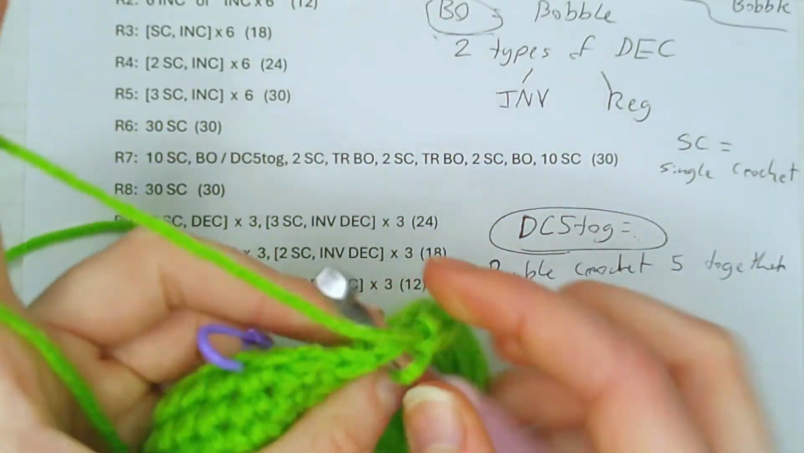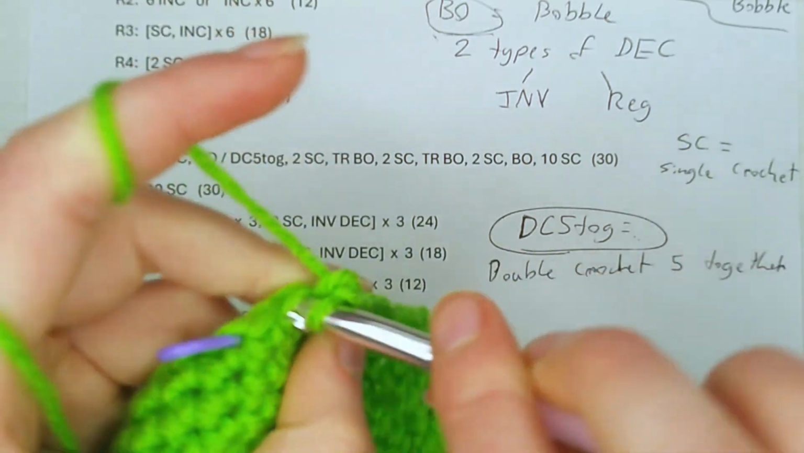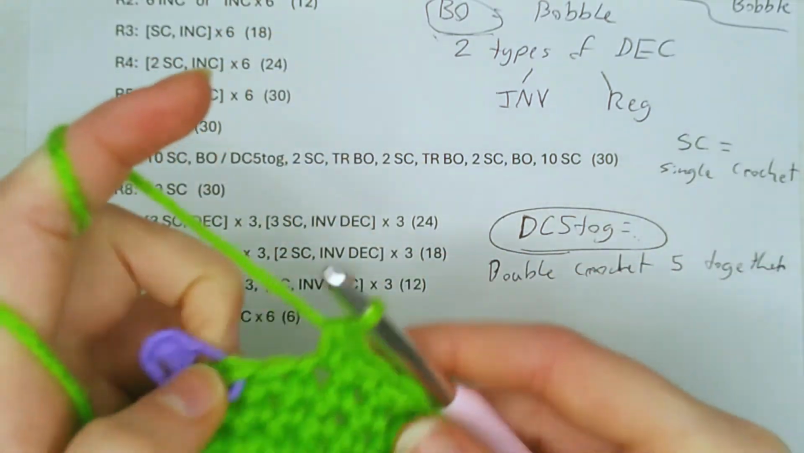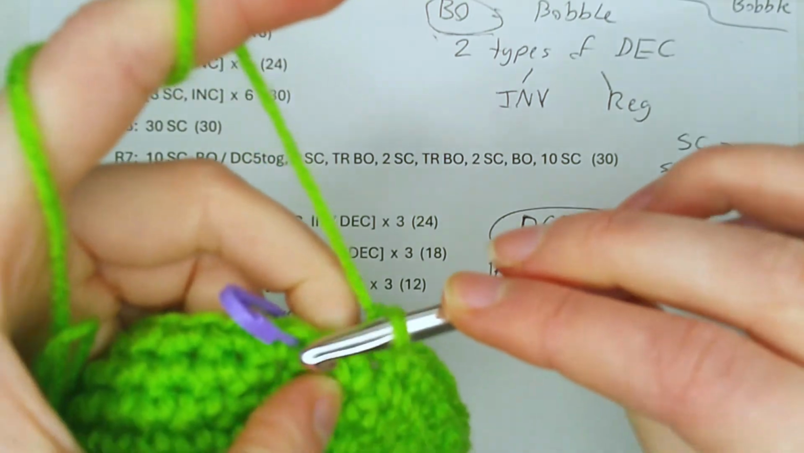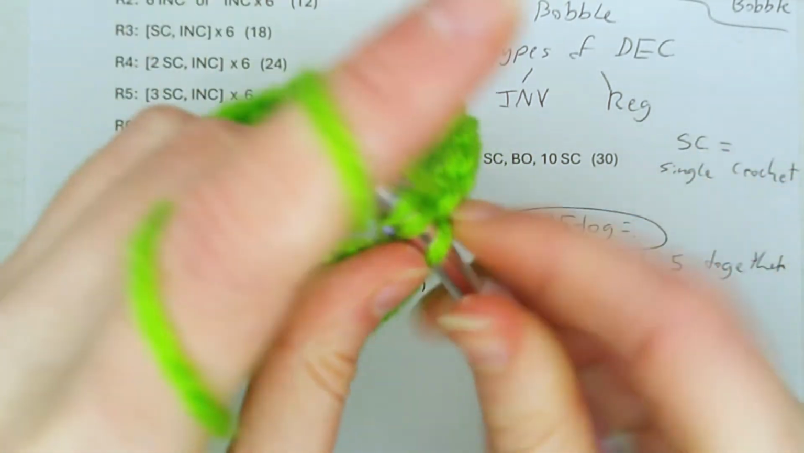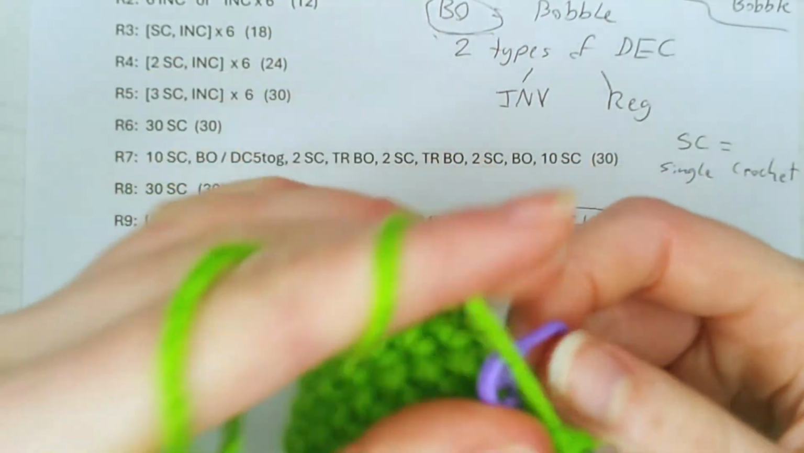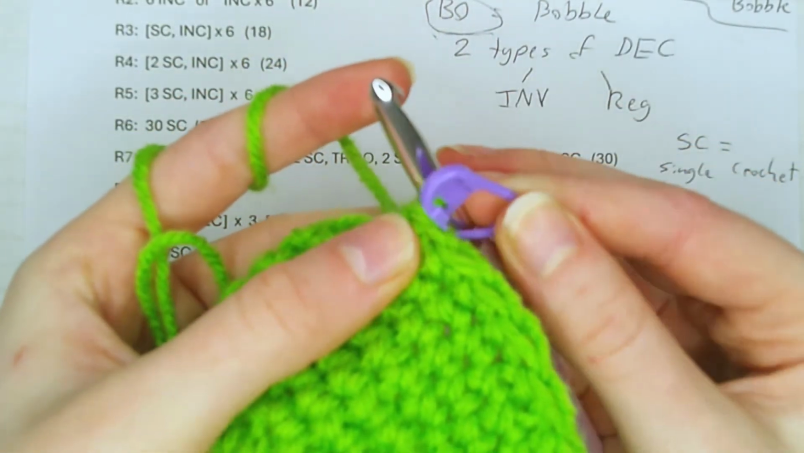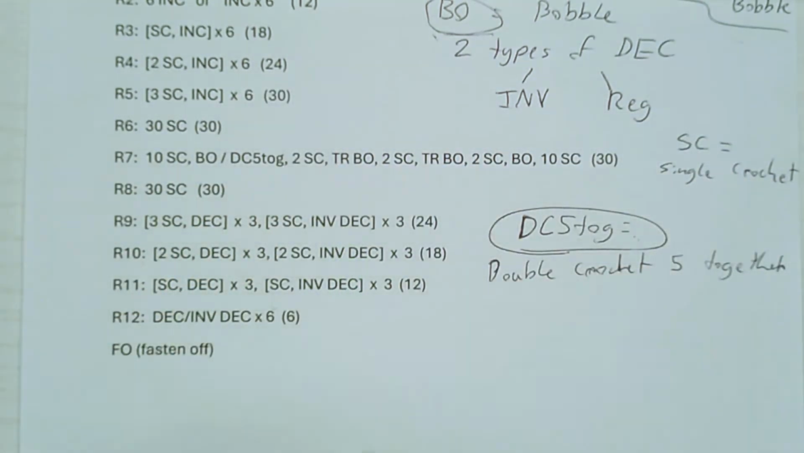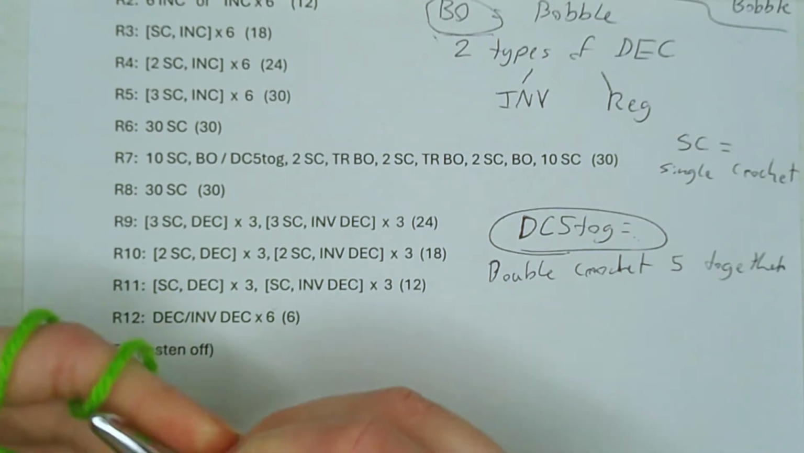So it says single crochet 1, single crochet 2, and single crochet 3, and then we're going to do invisible decrease. So we're going to grab the front loops of that first stitch and grab the front loops of that second stitch, and then we're going to just pull through and pull through. So I'm going to take off my stitch marker and put it on that stitch. So you should have 24 by the end of this round, and the next round is round 10,